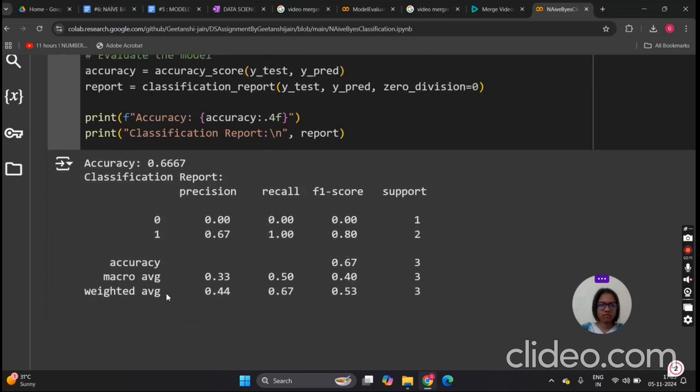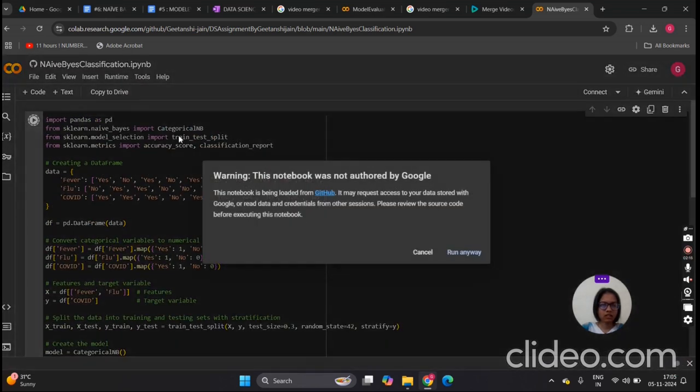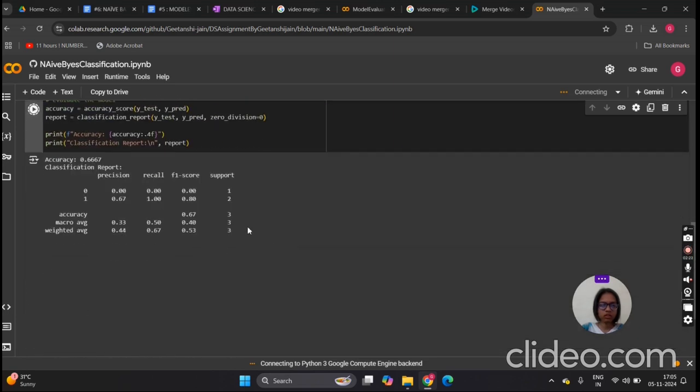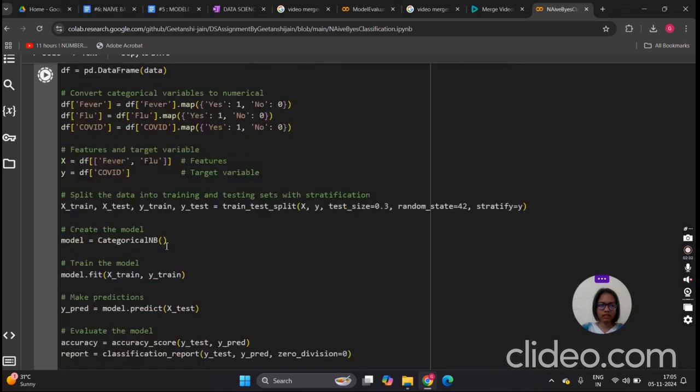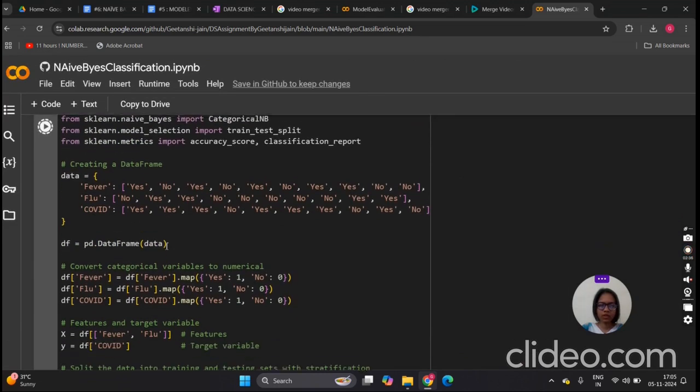So this is the classification report of our data set here. I will run it here, connect with Google Colab, connect with Google Drive. So this is our output here: accuracy 0.6667, our model accuracy. The classification report we will get like this. So this is the code of our